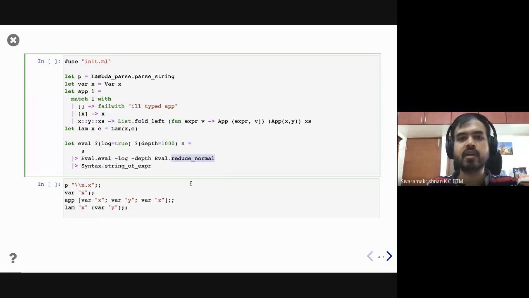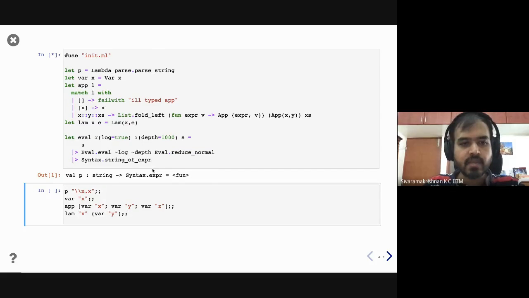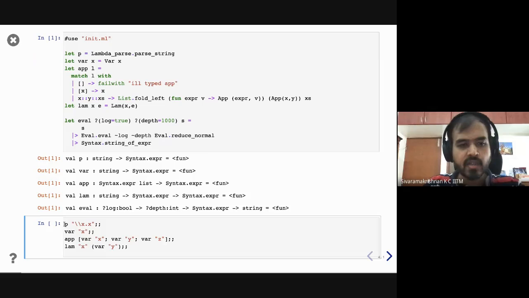This is important for making sense of all of the encodings here. So whenever I call eval, all it's doing is evaluating in terms of normal order reduction. Okay. So here are some examples. So I bring in all that function. So p of lambda x x parses that into